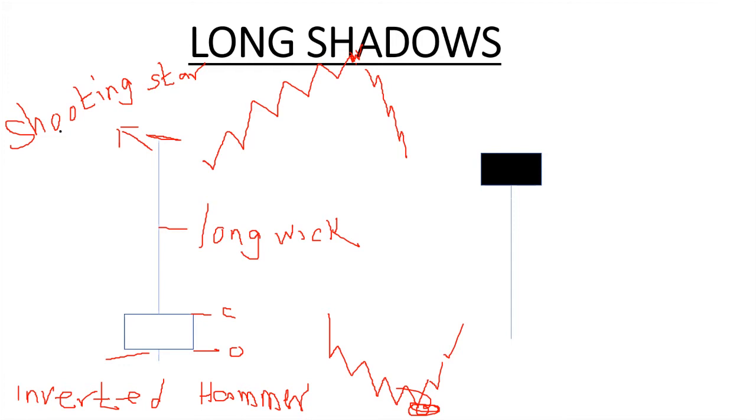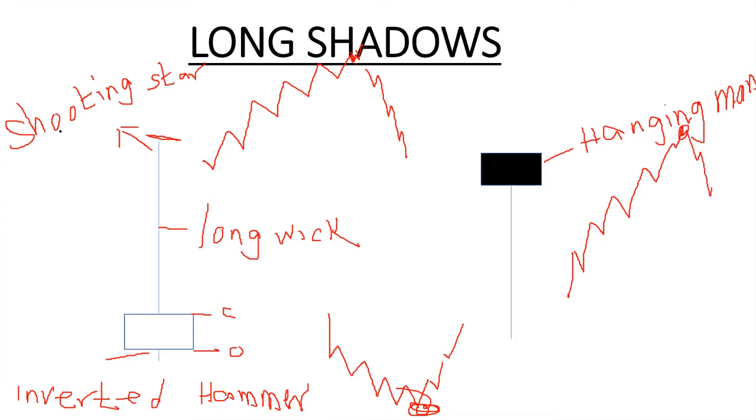The second one is the opposite of this one, and its name is the hanging man. The hanging man is always located at the top. So anytime you see a hanging man at the top, it is a sell signal indicating price will go bearish. And this is the long wick of it. Sellers pushed price down below, and after price got to the low level, buyers pushed it up and it closed at this level. That's what it means.